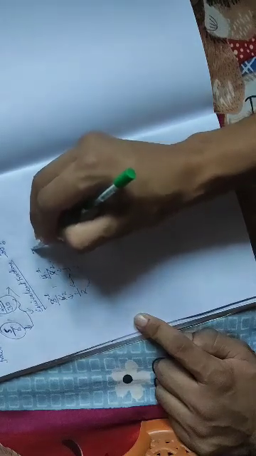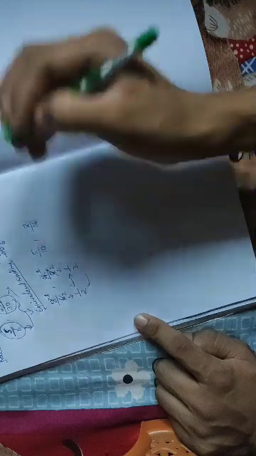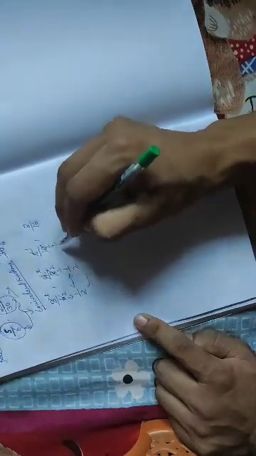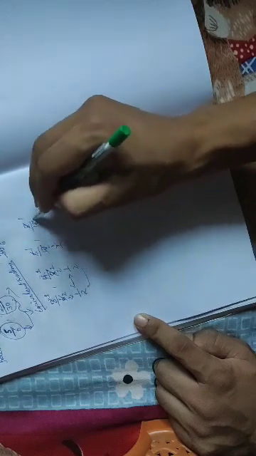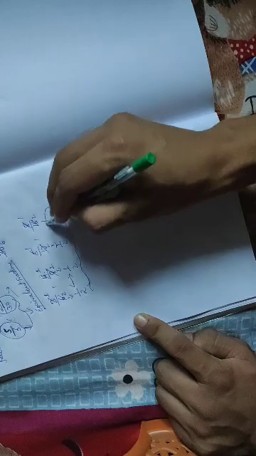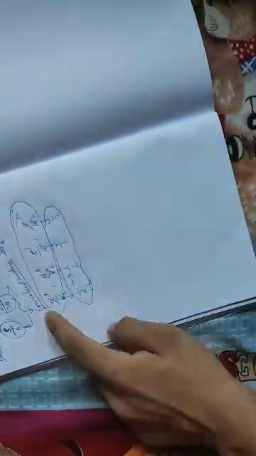For example, 5 by 10, 8 by 16, if you see. So 5 ones are 5, 5 twos are 10. See? This is also half. 8 ones are 8, 8 twos are 16. This is also half. So eventually you are getting the same value for all the fractions. So these 4 fractions, that is 3 by 6, 4 by 8, 5 by 10 and 8 by 16 are equivalent fractions. Okay, so this is the case in equivalent fractions.